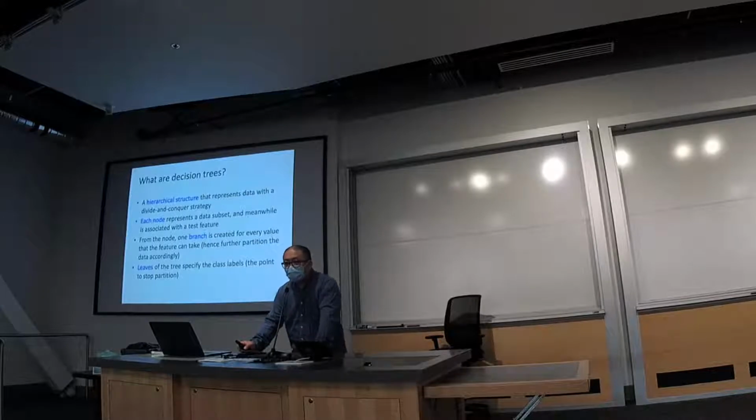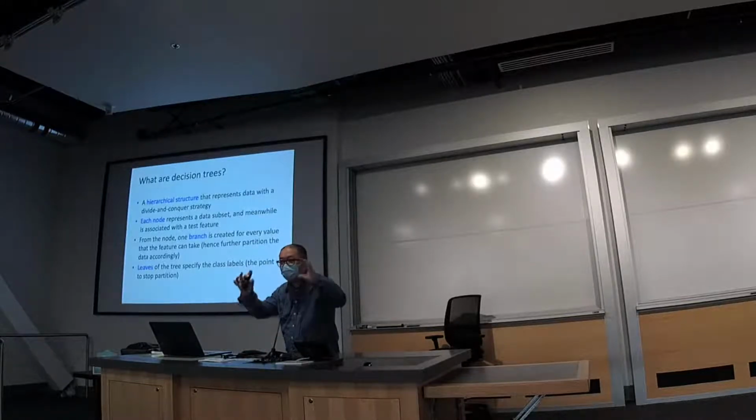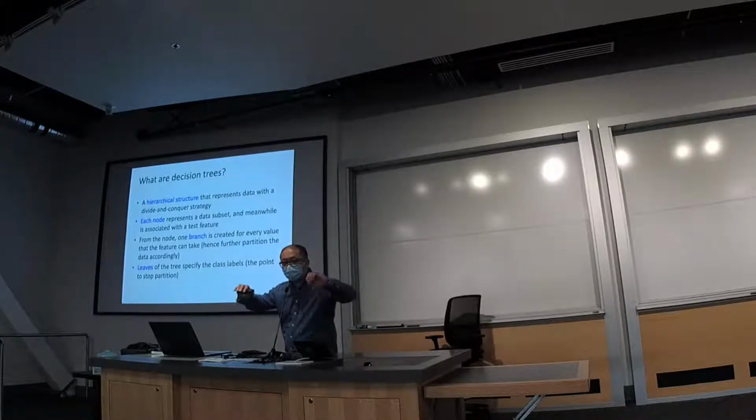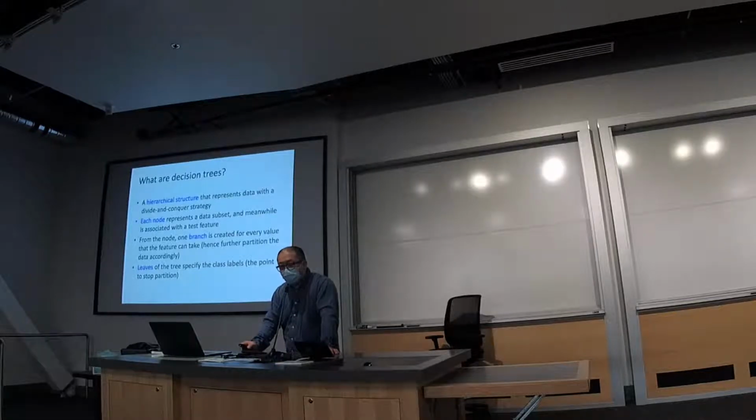Each node in the tree represents a subset of data. Starting from the root node, obviously the root node represents the whole data set. And then when it grows new branches and adds new intermediate nodes, the data set is partitioned into smaller and smaller subsets. And each node is associated with a small subset and